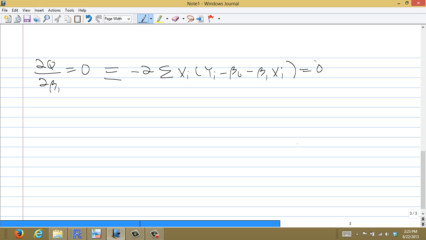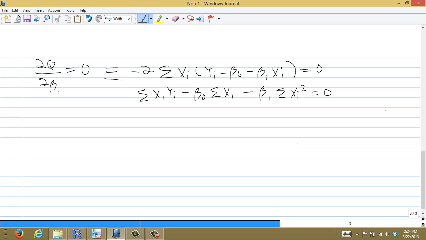We set that equal to 0. So we obtain that using the good old-fashioned chain rule that we learned in calculus. We can, of course, divide this negative 2 out, and we'll just expand everything out. So we get the sum of x sub i, y sub i, minus beta naught times the sum of the x's, minus beta 1 times the sum of x sub i squared